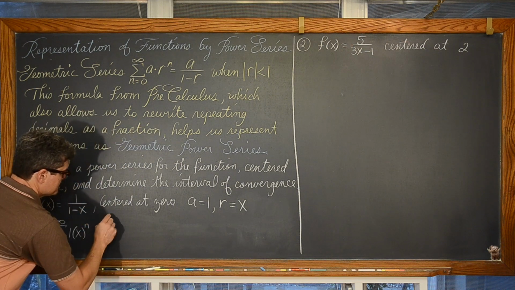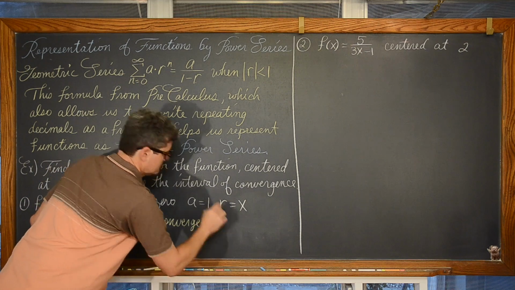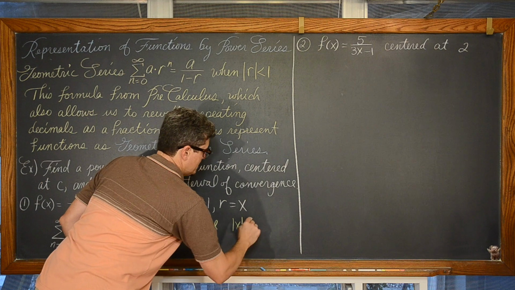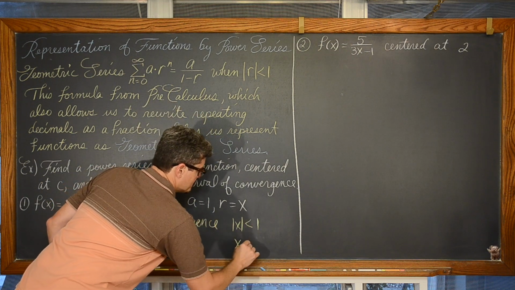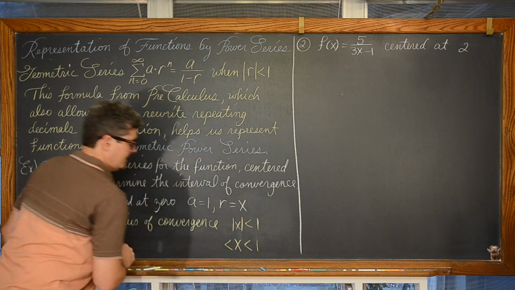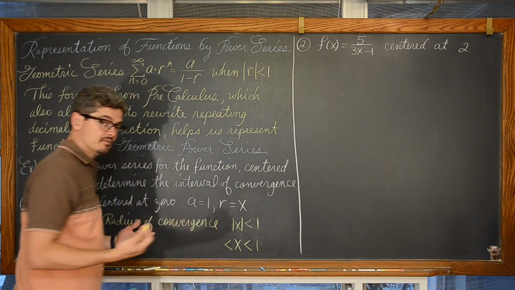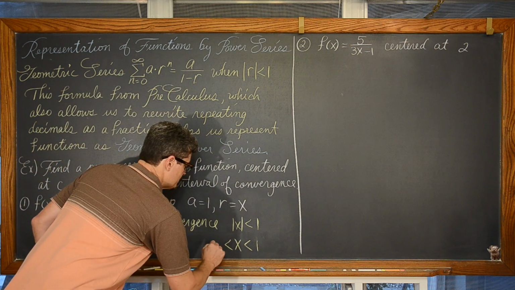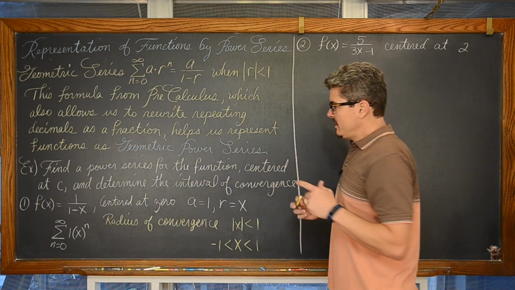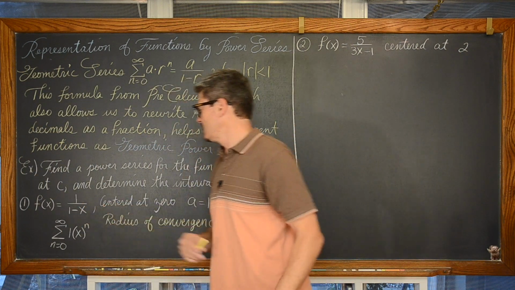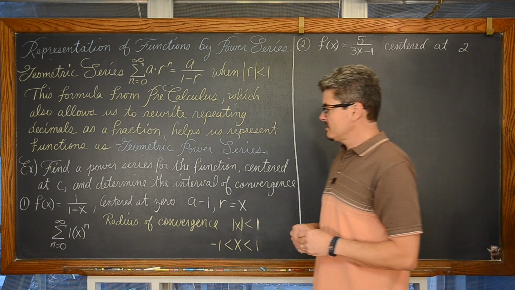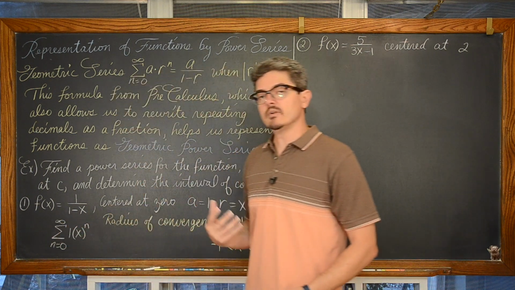We'll clarify the difference there in a second. So the absolute value of r, the absolute value of x, has to be less than 1. How do you rewrite this so there's not an absolute value function? So x has to be between -1 and 1. So when x is between -1 and 1, this geometric series is going to give us a valid answer.